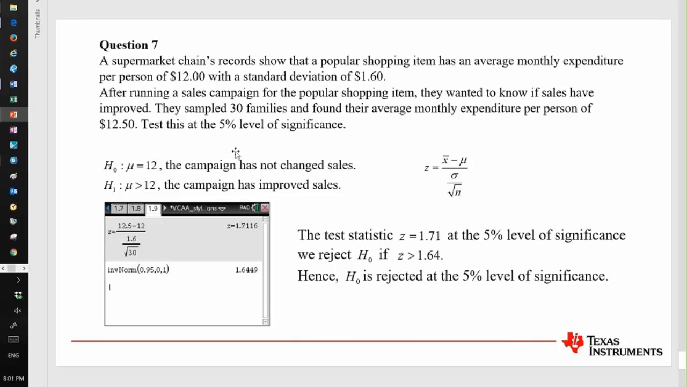So we assumed that nothing has changed to the population mean. We then are told we want to know whether it will make it more popular for the shopping item, so we're going to have it greater than 12. We will calculate our test statistic from the values, and then at the 5% level we have to work out what we're going to compare it to, and from the calculation we see that our test statistic was 1.71, and at the 5% level of significance we reject H0, the null hypothesis, instead was greater than 1.64,